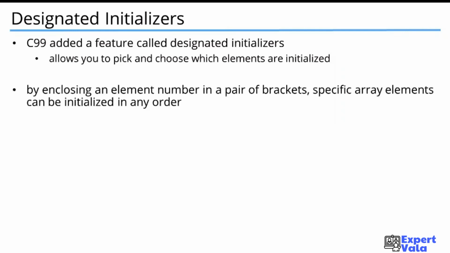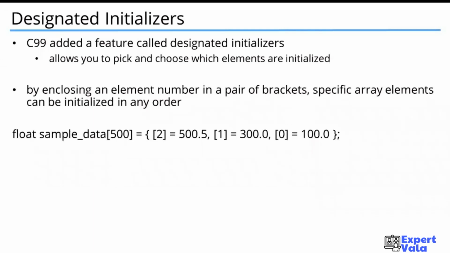Some compilers will not allow you to do this after the C99 version, but it's cool because you can just pick and choose. You can enclose an element number in a pair of brackets and specify the array element to be initialized, and you can do it in any order. So here's an example. Again, we have our sample data array of type float. It's going to be 500 inside, but